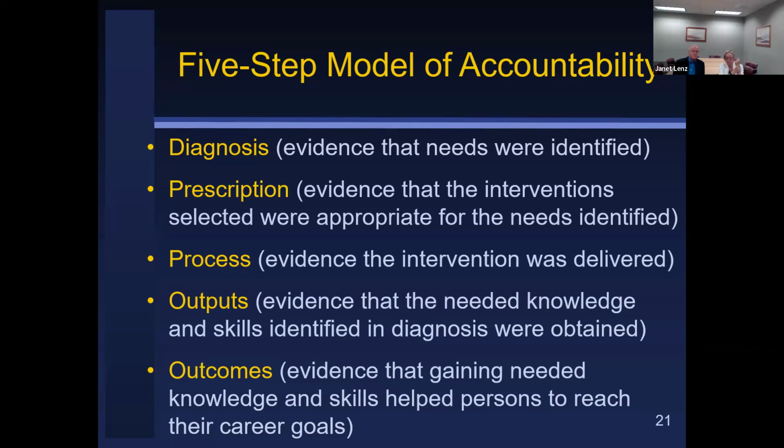The prescription part is just the plan for what you're going to do. Did you choose interventions that speak to what you learned from those measures that you did in terms of identifying how we best intervene with this population? There are lots of ways you can document that you actually did what you said you did, like staff reports, observations, the actual materials that people completed. And then the measures that we talked about previously: did they improve in decision making? Did they increase their self-knowledge? Whatever you were trying to impact by your career intervention, that's where your outputs come in.